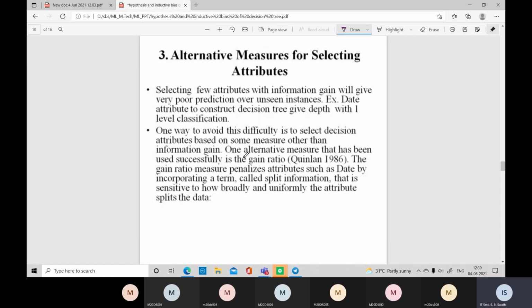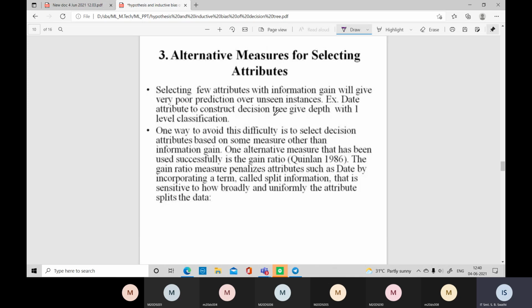But here there are some other measures through which the attributes can be selected, at which attribute a particular split has to be taken. That means which attribute is better to generate the children nodes. That is called splitting the particular attribute. Or whether that attribute can be used as one of the parent nodes to generate other children nodes, or whether it can be used as a leaf node. Which type of node a particular attribute is suitable for can be identified.